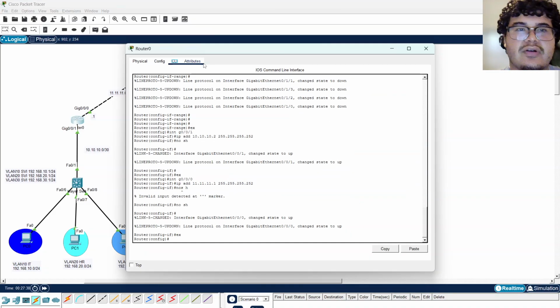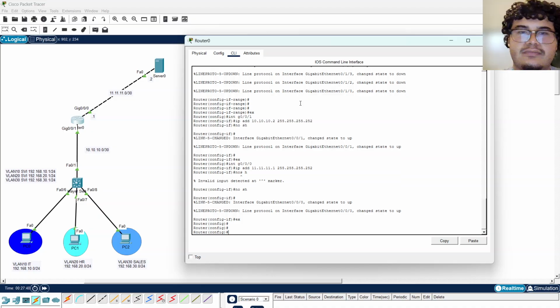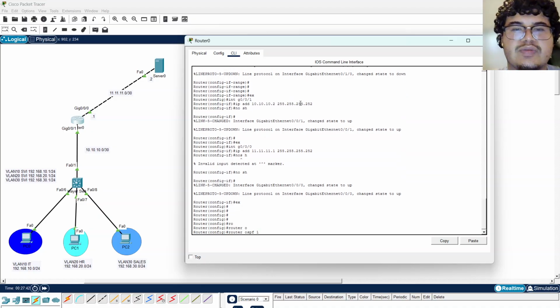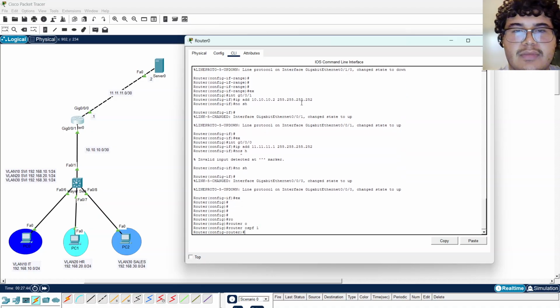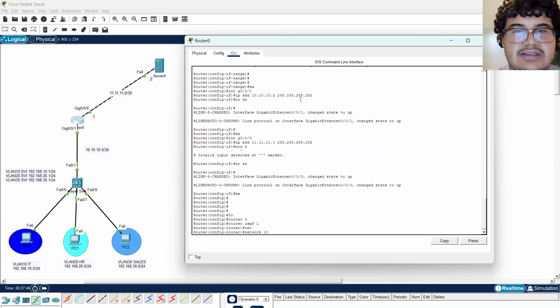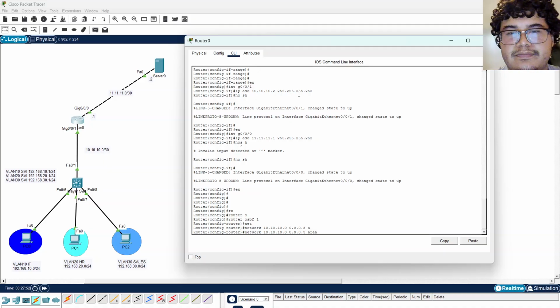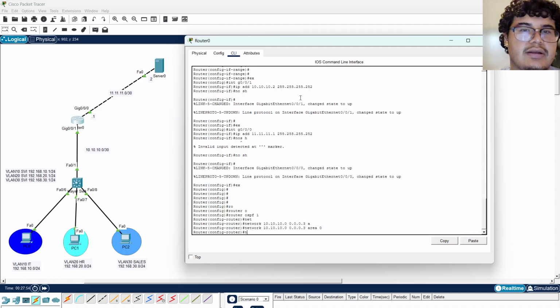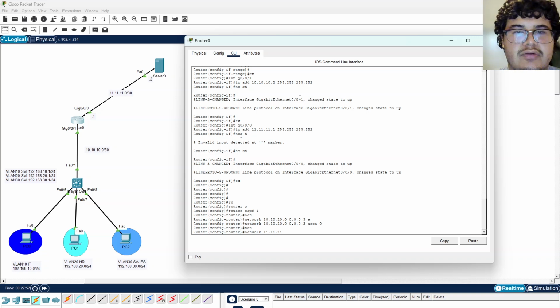So now let's configure this. We'll do router OSPF 1, network 10.10.10.0. Network